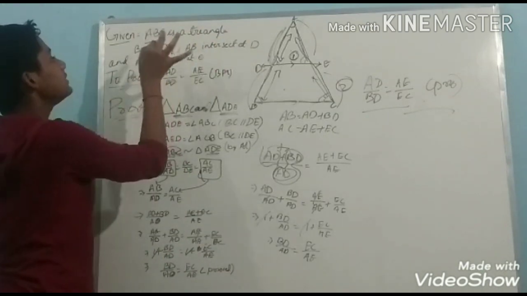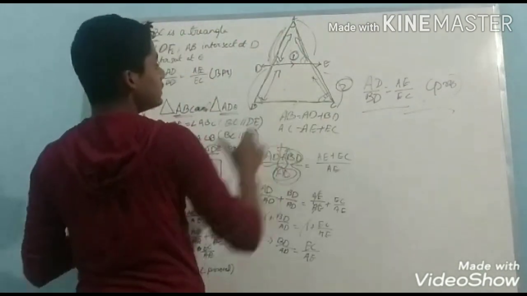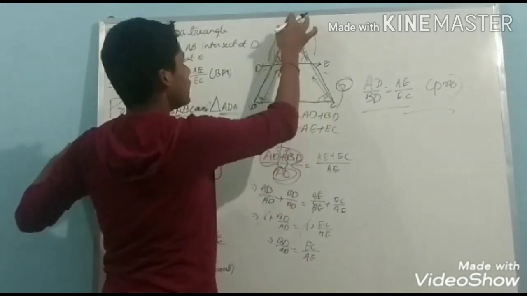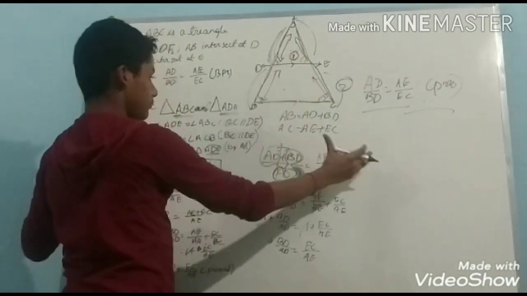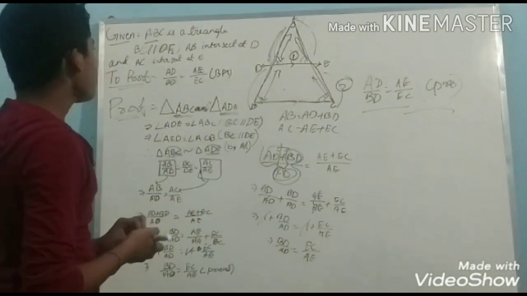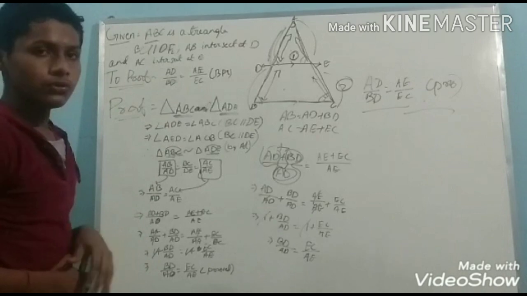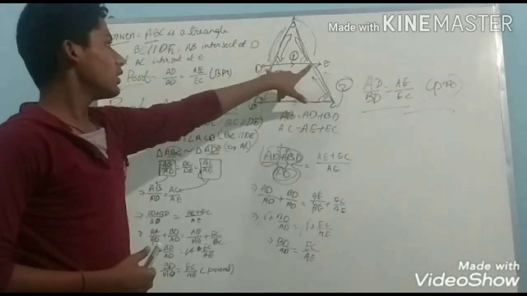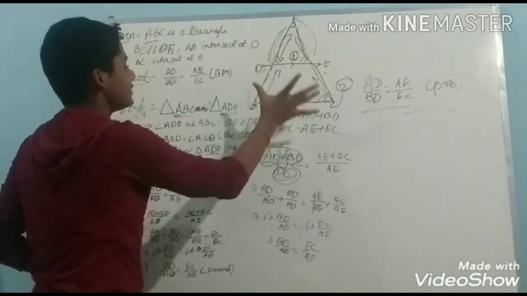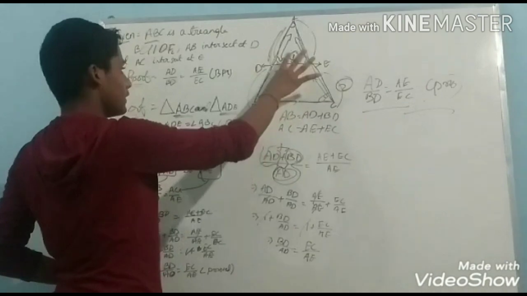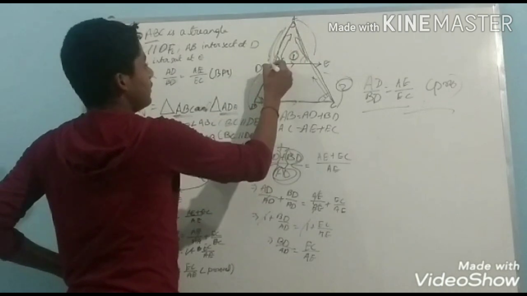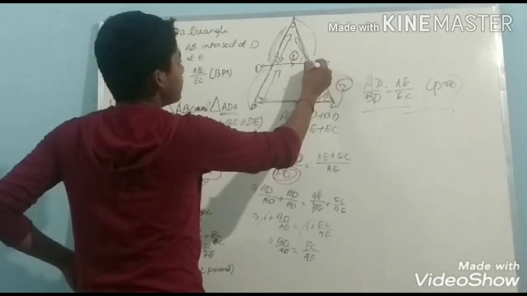ABC is a triangle. BC is parallel to DE. It is given that A, B, C are 3 points on a plane in which the 3 line segments make a triangle, and BC is parallel to DE. As you can see, I have drawn a line which touches 2 sides of the triangle, and that line is parallel to BC. So BC is parallel to DE, and AB intersects at D and AC intersects at E. Okay.